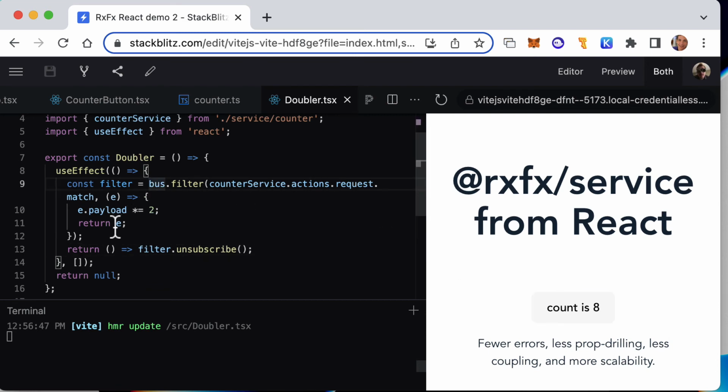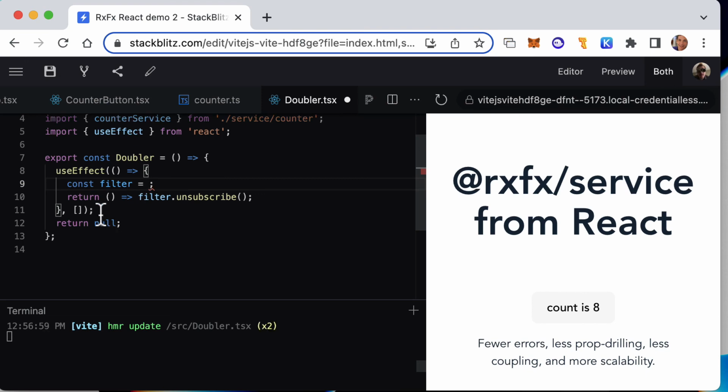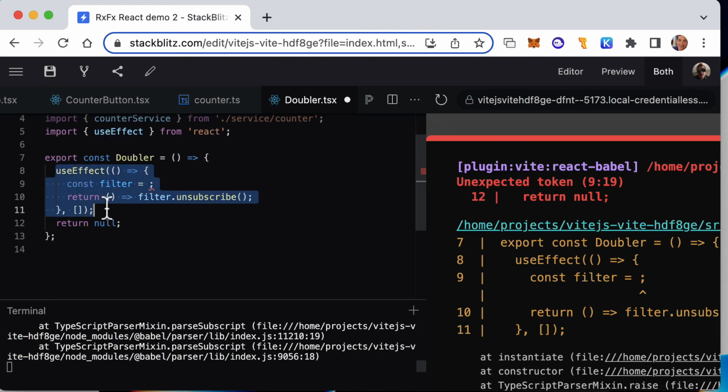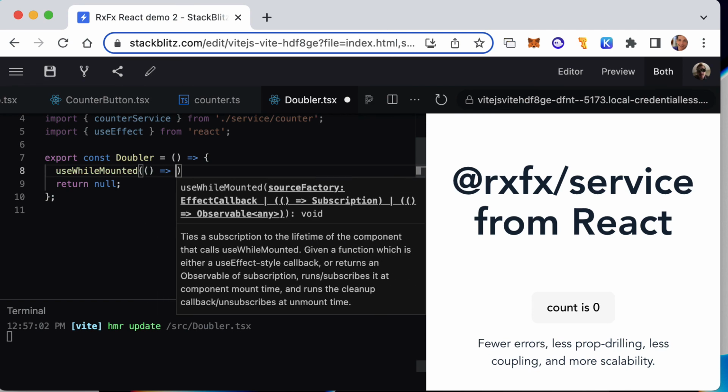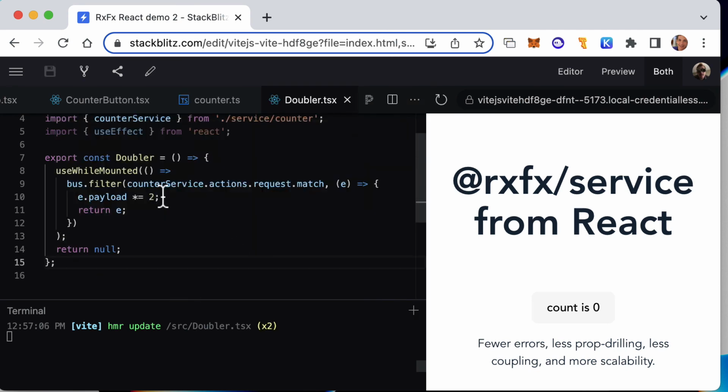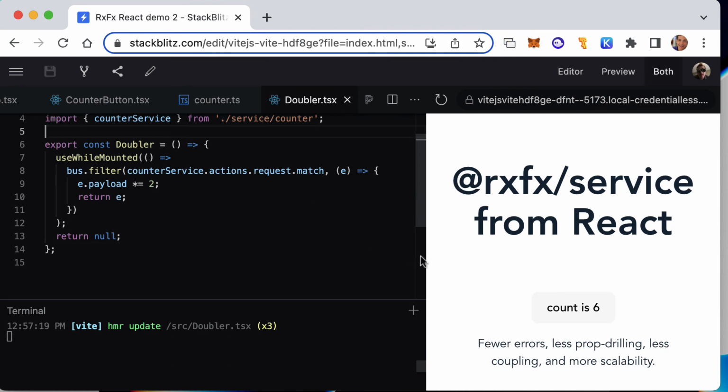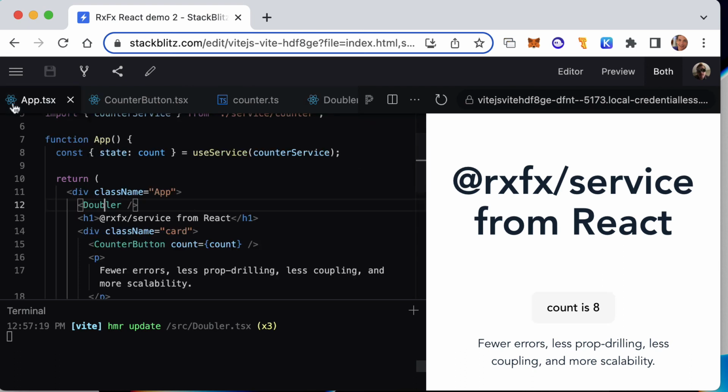But I'd actually like to make this a little bit shorter and just use a hook that is custom built for this purpose called use while mounted. And from here you can just return the filter itself, and the doubler will only do the doubling once, and now we don't need React use effect. So it's so neat that without the doubler, count goes up by 1. With the doubler,